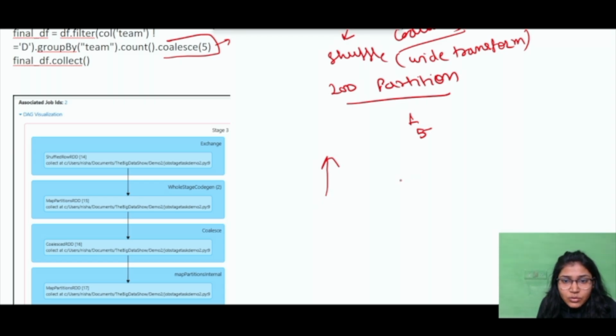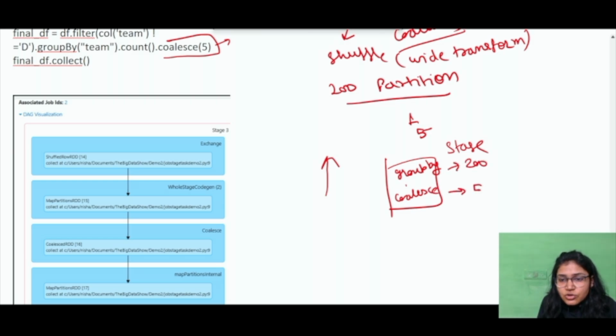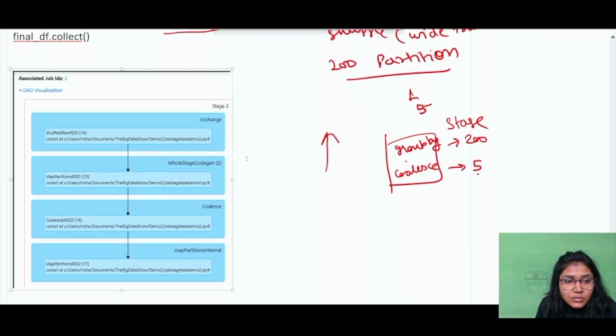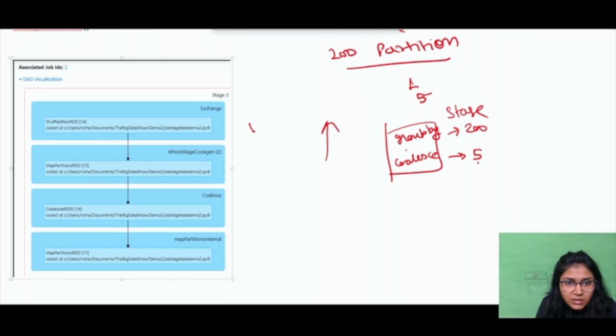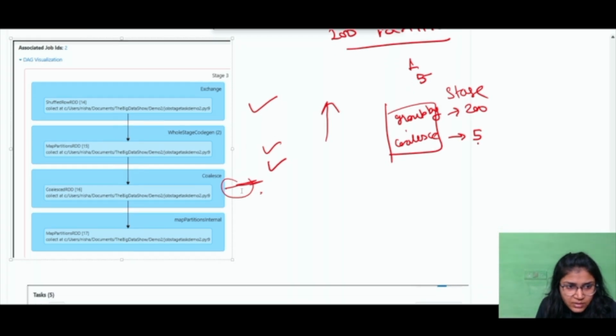So in this case, because this is my stage, right? And this is what is happening, say group by. So this is my group by, and then I am using coalesce. So ideally, group by should take 200 tasks, and then coalesce should reduce it to 5. But if we look at this Spark execution, right? You can see in this stage that we are having some shuffle data, and then we are using the coalesce operation here, and then we are writing it, or whatever operation you have specified, right?